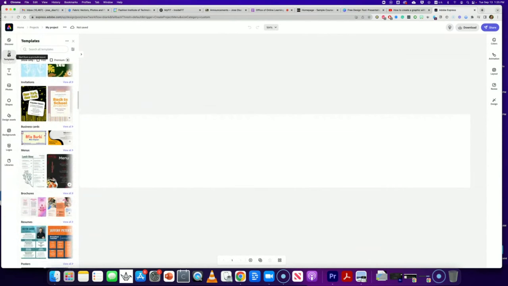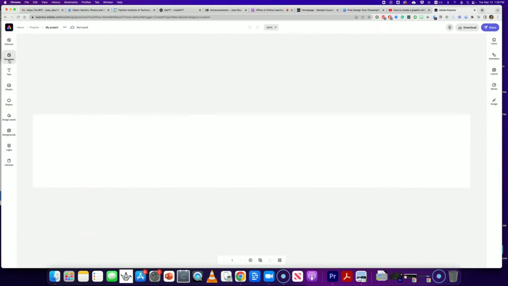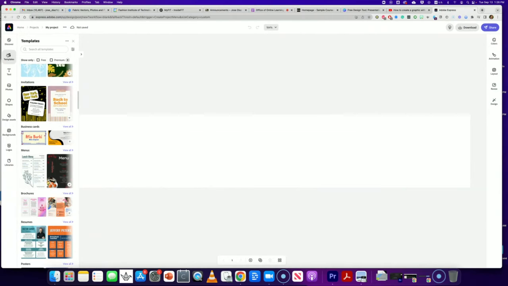As you can see on the left-hand navigation, the first item is template. Then you've got text. Then you have photos. Then you have shapes. Then we have design assets. Then we have backgrounds, logos, et cetera. But the first thing they want you to do is choose a template. And if you click on the template,